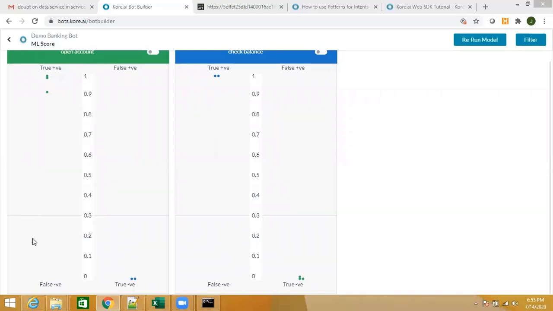So from the ML model you can see how well you have trained your ML engine with the training utterances. The main purpose of checking here is to see if any of your training utterances is resulting in a false positive or a false negative. If you see dots here, that means your training utterances need a little more attention. You need to make some changes in those training utterances.